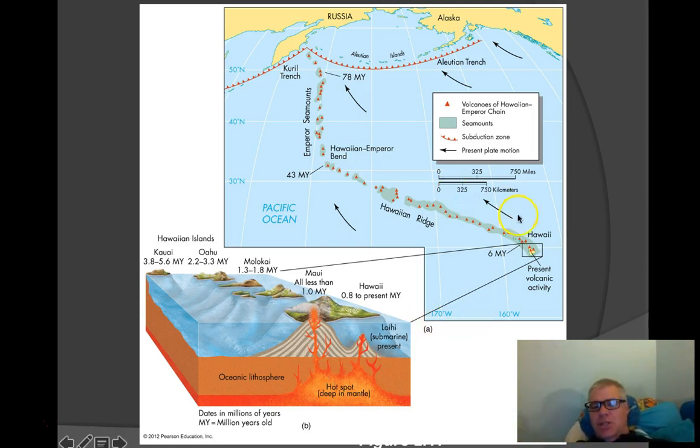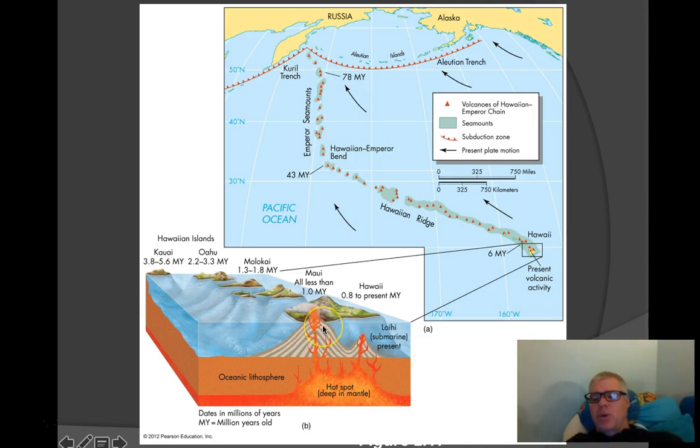And what's happened is that the Pacific plate has moved over time. So the older islands, and you'll see this in that video on Hawaii and its geology, used to be over the hot spot, but then the plate has moved. The hot spot stayed where it is, and as the plate moves, it creates an island here, and then an island here, and then an island here, and so on. So you can see, for instance, the Hawaii island is being remade even as we speak today.